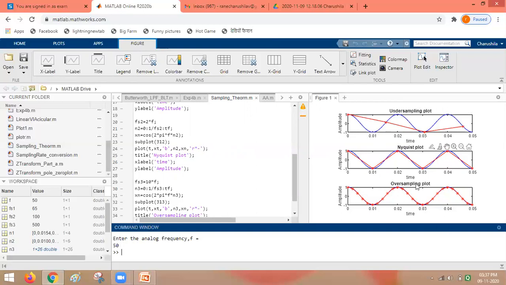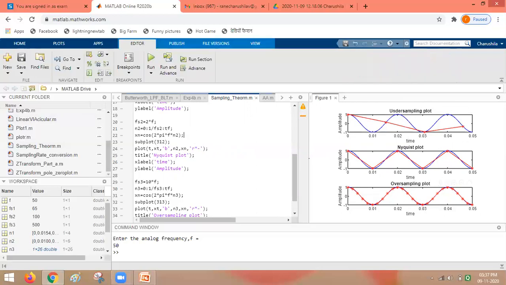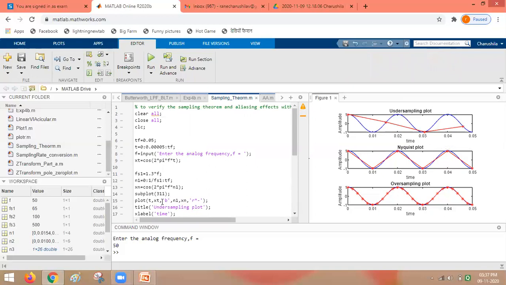This way 3 subsections are generated, and when I use one of these subsections, I should mention in the instruction itself which subsection we are going to use. For example, to plot the sampled signal, we have selected the subsection 1. So that 1 is the third parameter provided for the subplot instruction.